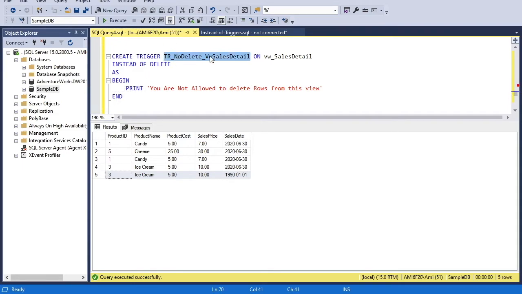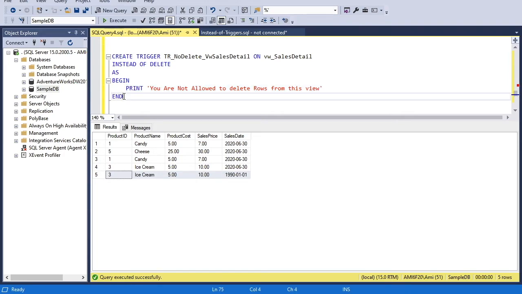I have created a trigger tr no delete view sales detail on the VW sales detail view, and it is an instead of trigger. So you can see create trigger name on object which is view instead of delete. So instead of firing the delete statement, SQL Server will fire this trigger, and what this trigger will do is simply print that you are not allowed to delete rows from this view.